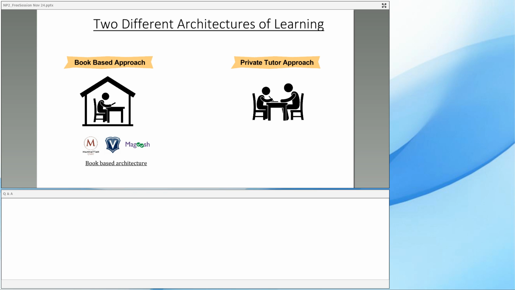Most of the other online courses that exist today are built around the book-based architecture. They have audiovisual lessons and they will give you quizzes, but the core principles on which their courses are designed are pretty much the same principles on which books are designed. When you look at e-GMAT, you're going to find that it's based a lot more on a private tutoring-based architecture. It takes in the good things from the book-based architecture, but the core architecture is still that of private tutoring.